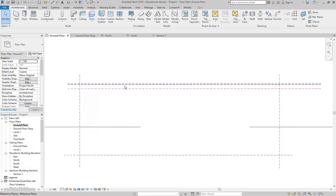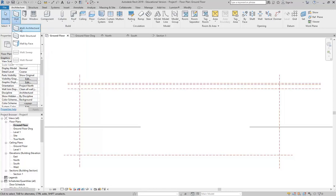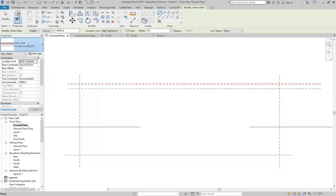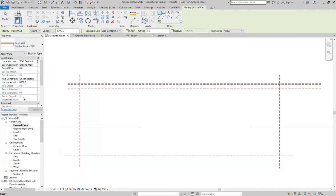So I'm going to come back to my ground floor plan and draw a wall. Just click on the wall tool there, Walls: Architectural, or just click on the top of the button there, which gives you that. So I've got my generic 100, 200, 300 mil walls. Then, if you remember how to make a new wall thickness, starting with one of those,